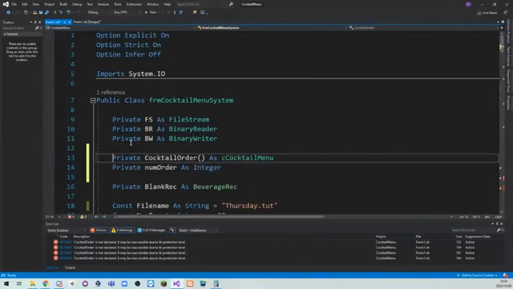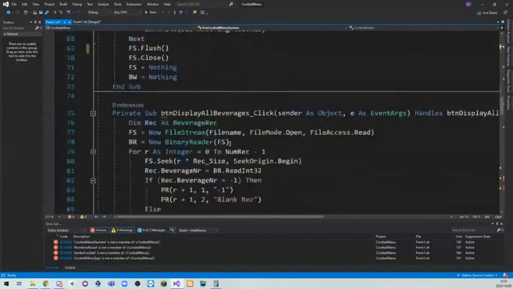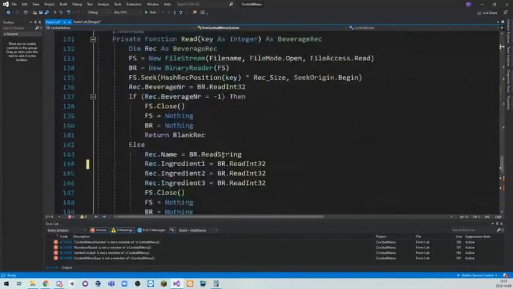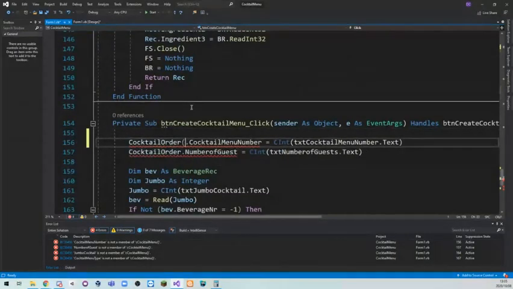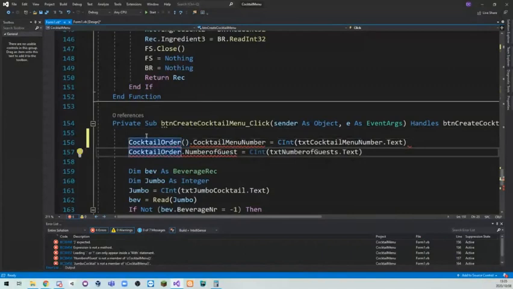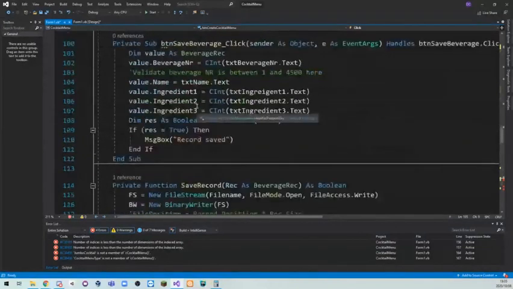I'm just setting up my array of the different orders. And then every time I create a new order,